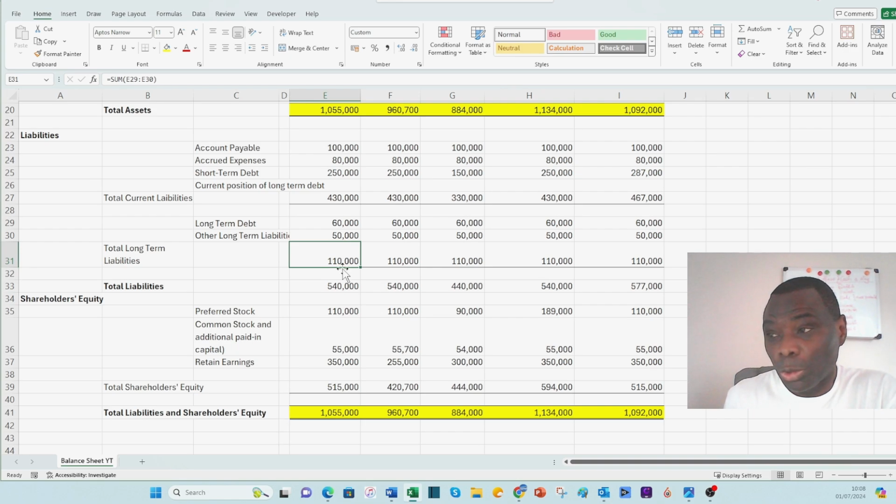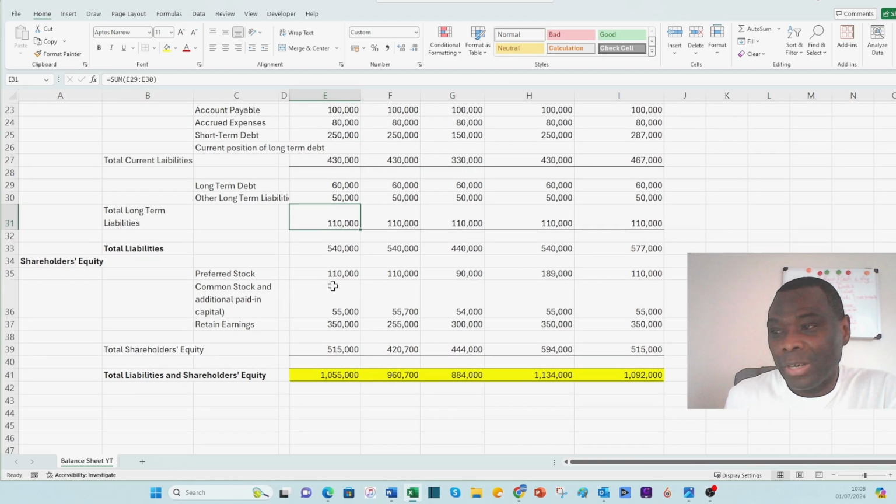our total current and non-current liabilities. And now we'll move on to the last part of your balance sheet, which is your shareholders' equity. Then you have your shares, your preference shares. You have common shares. Common shares are those that the shareholders,